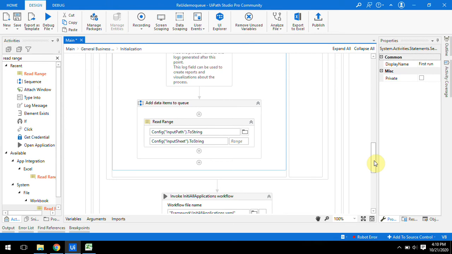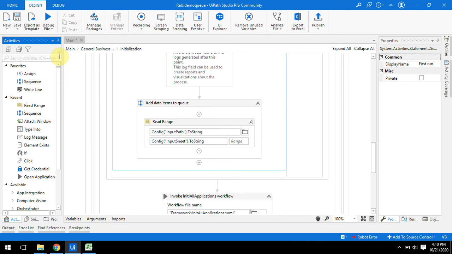Now our task is to upload all the data available in Excel to the queue. To add data in a queue we can use for each row.